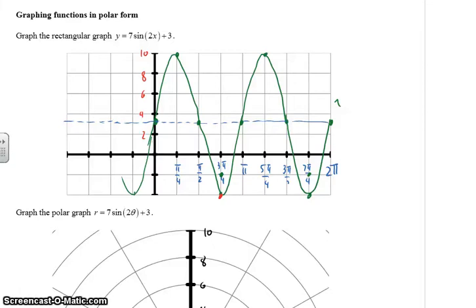All right, this video is going to go over the problem that we started and went over a little bit in class, but I want to make a video on it so that you can sort of slow it down and make sure that you completely understand it. So we're asked to graph